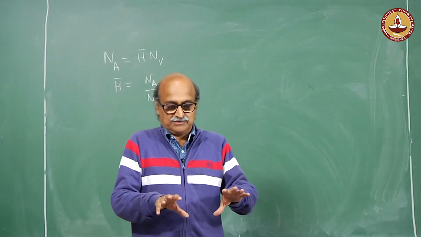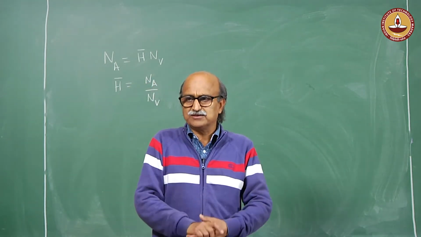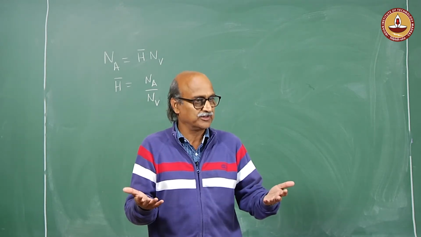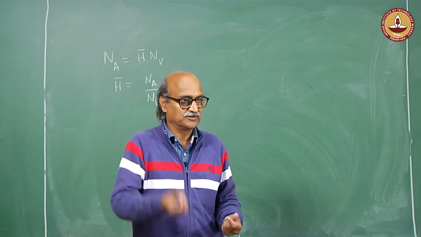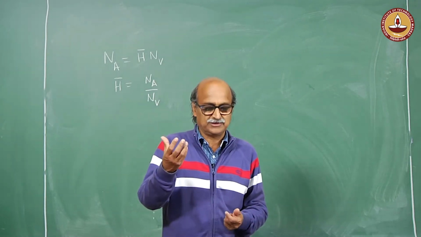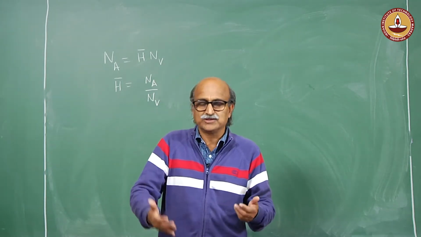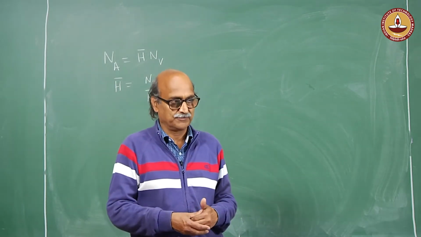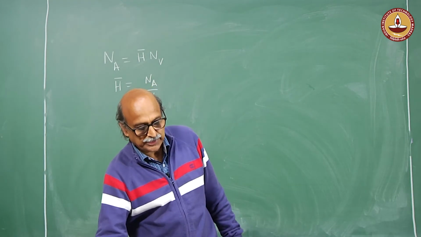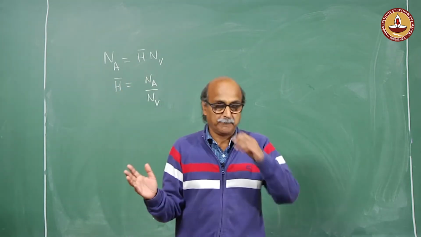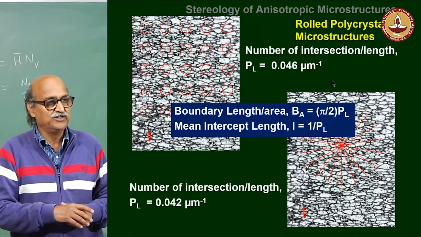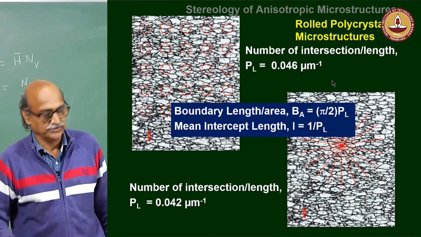I may get these as correct values, but then again, do these values reflect what kind of microstructure it is? Not really. It is just giving me a number, but it is not telling me that there is a significant amount of orientation in these structures. So, in order to reveal the orientation and the extent of orientation in a structure, we can now use a different methodology.